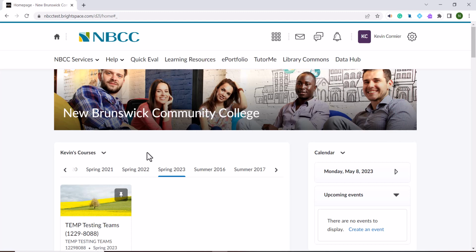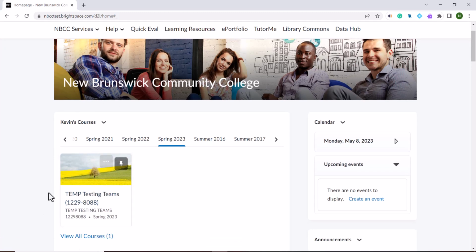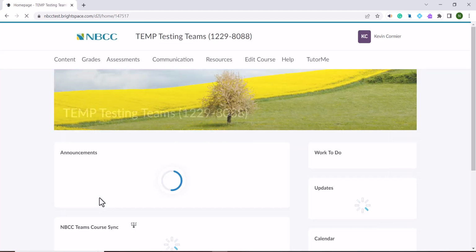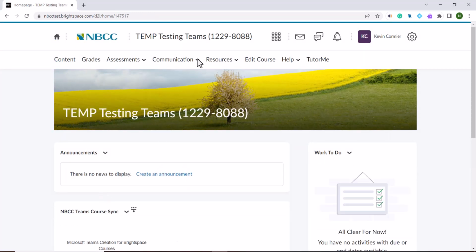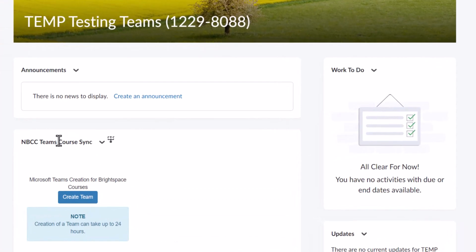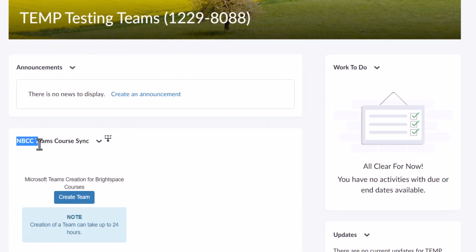If you'd like to create a Microsoft team for your Brightspace course, you can simply log into Brightspace, and on the Brightspace homepage, select from your list of courses the course that you want to create the team for. So I'm just going to select this Brightspace course here, and once I'm brought into the course homepage, if I scroll down, there's going to be a widget titled NBCC Teams Course Sync. And so to create a Microsoft team for this Brightspace course, all I have to do is press this blue